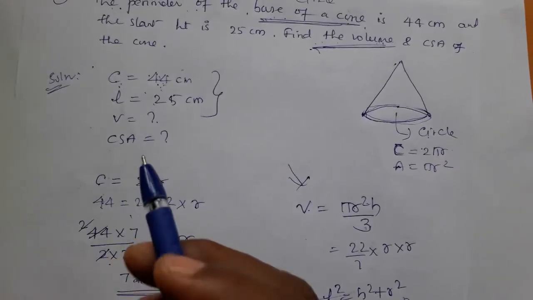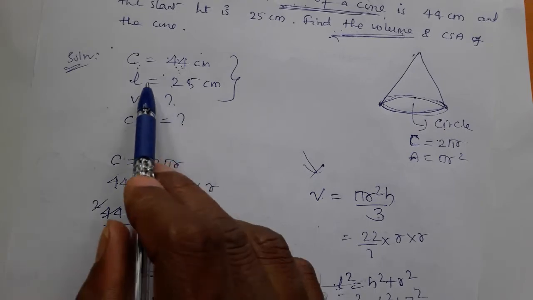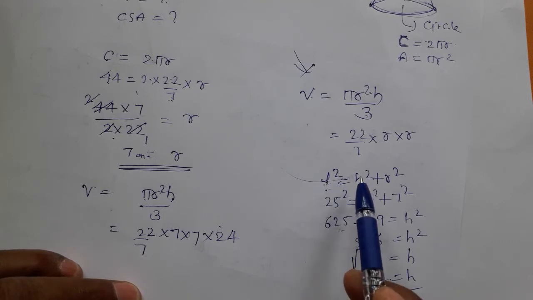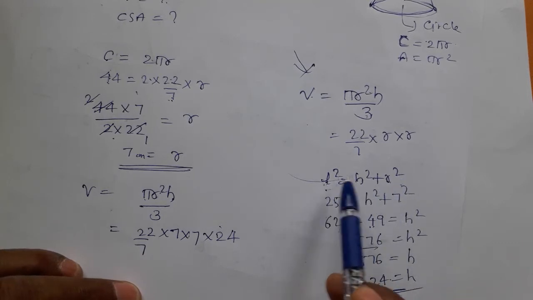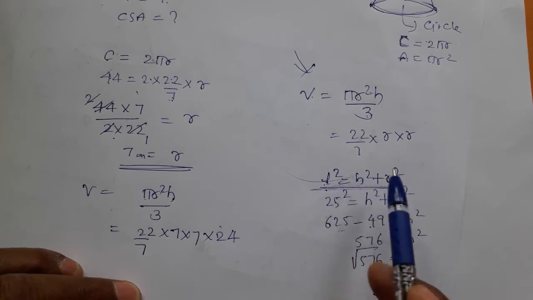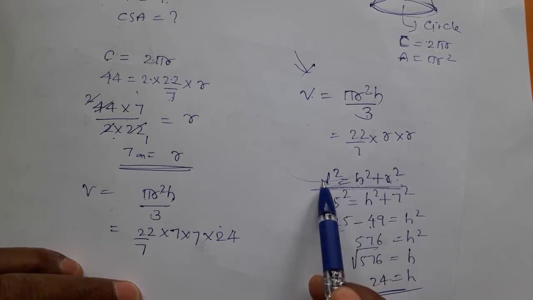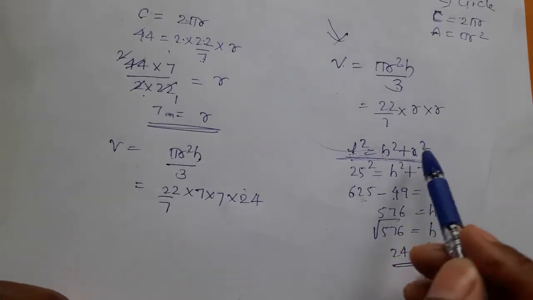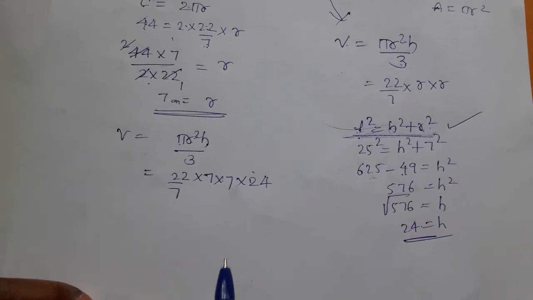In the last problem, slant height was unknown, but in this problem slant height is known, radius is known, but height is unknown. Among these three, slant height, height and radius, if any one is unknown, you can use this formula. If you know L and H, you can find R. If R and H are known, find L. Or if L and R are known, find H. Like that, any of these three you can find using this Pythagoras relation.